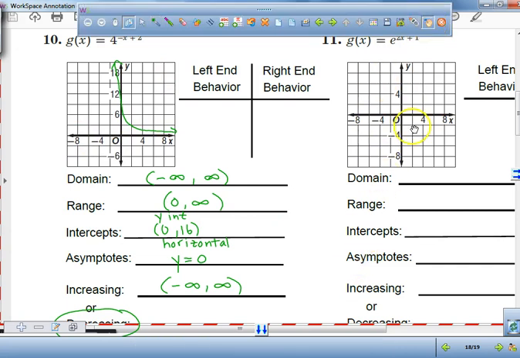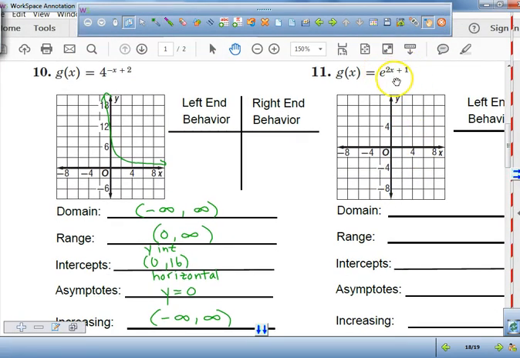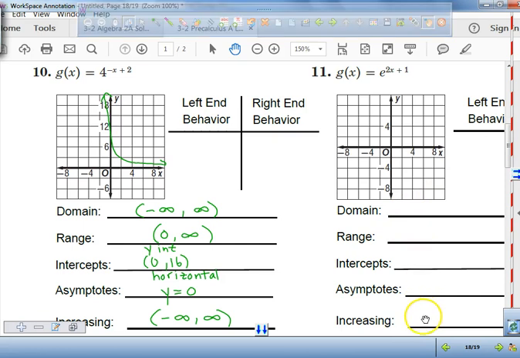All right? So what I want you guys to do, use this function, make an accurate graph. Tell me the left-hand behavior, the right-hand behavior, the domain, range, intercepts, asymptotes, and whether it's increasing or decreasing. That's what I want you guys to do on your own. Okay? Hopefully, if you were not in class